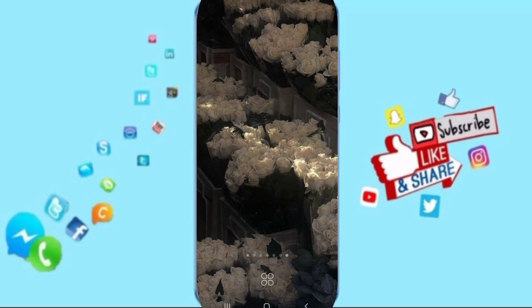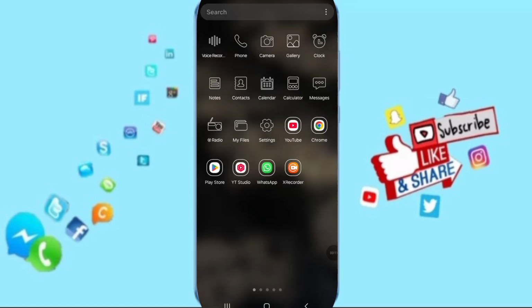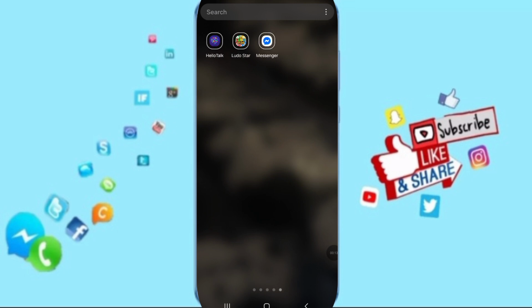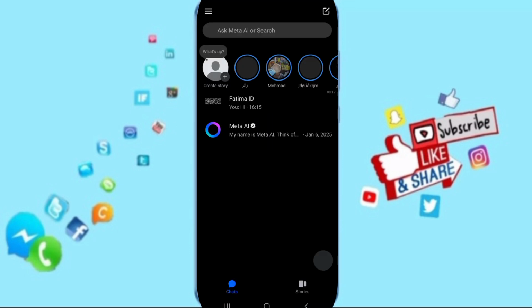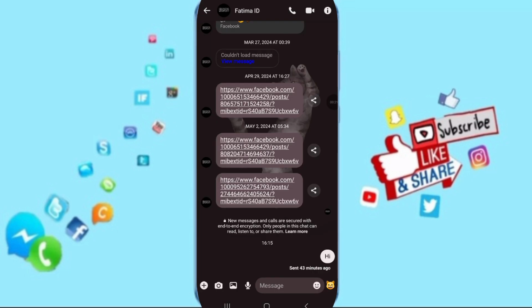Today we will talk about how to unrestrict chats on Messenger. First of all, when you go to Messenger like this and you have a chat, for example, this chat that's annoying you and you want to restrict it, first you will go here